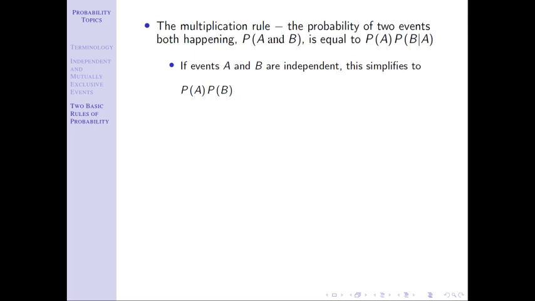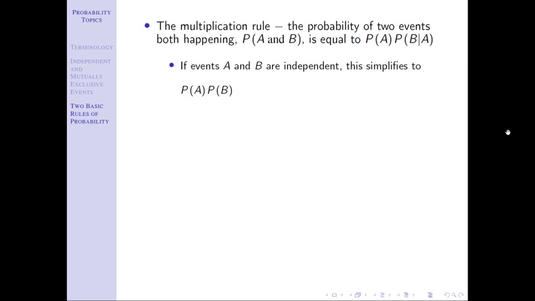We're not going to test you over this, but it says if we're interested in the probability that two events both happen, A and B, we can find that by multiplying the probability of A times the probability of B given A. This is just kind of to show you that these ideas of conditional probability can be used in probability questions. What's the probability of you making it to class on time and you choosing to eat lunch at Burger King? We can find that out by saying what's the probability of A times the probability of B given A.